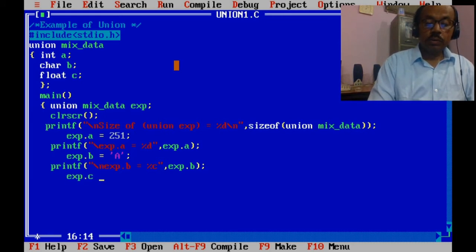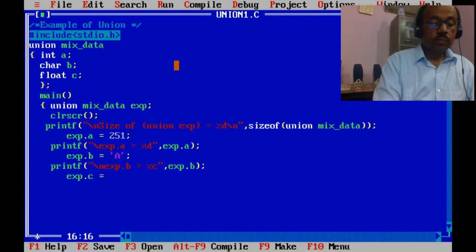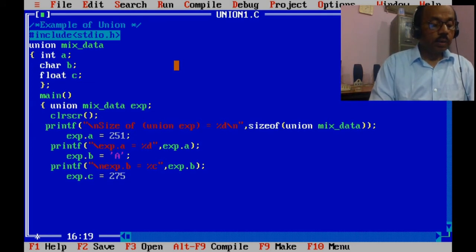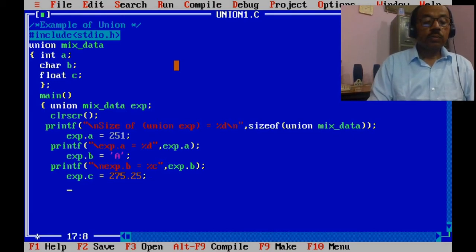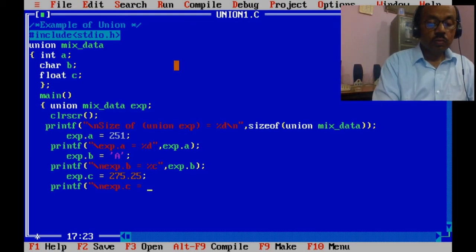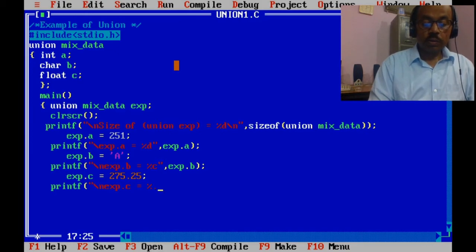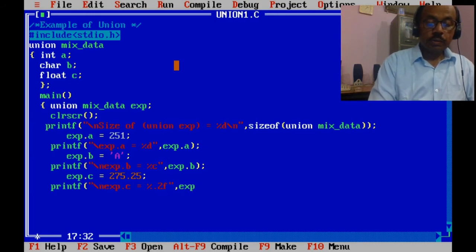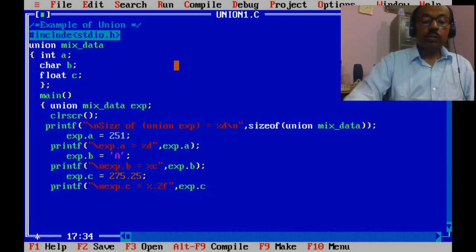exp.c is equal to 275.25. So now see, printf("\n exp.c is equal to %.2f", exp.c);